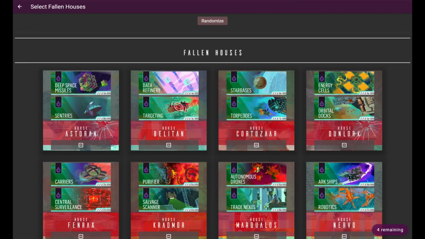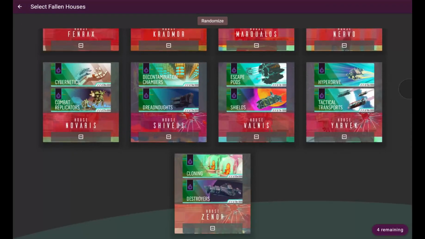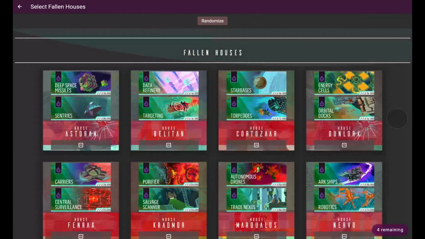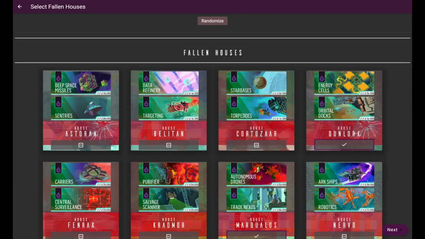Now next up it takes you to the other houses, the fallen houses that are going to be in the solo game. So you can obviously pick the individual houses you want and their technologies as normal, or, a great feature in the app, this randomize button at the top of the screen. Let me click that, and it will immediately select for you the houses and technologies that will be in your game, and you can see the summary there. Now the reason the app's really good is that having done that, if I just click out here and click next,